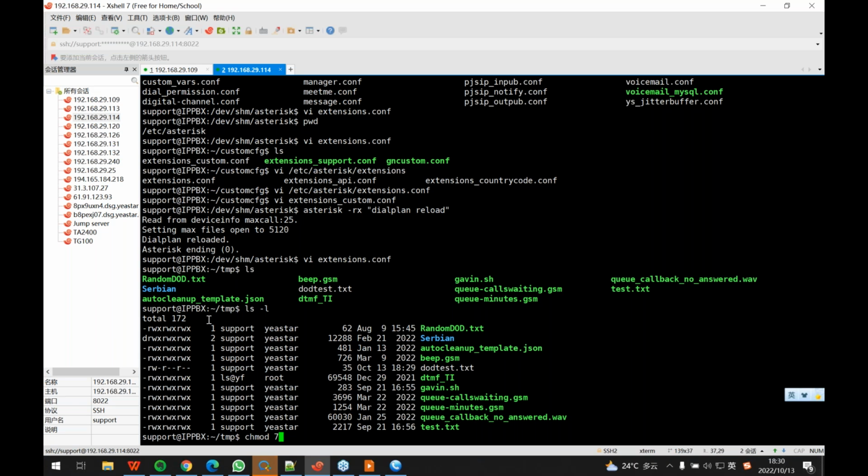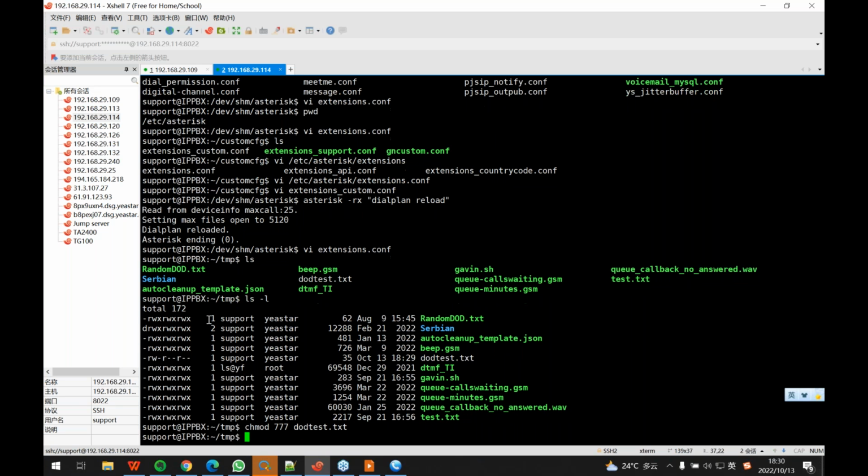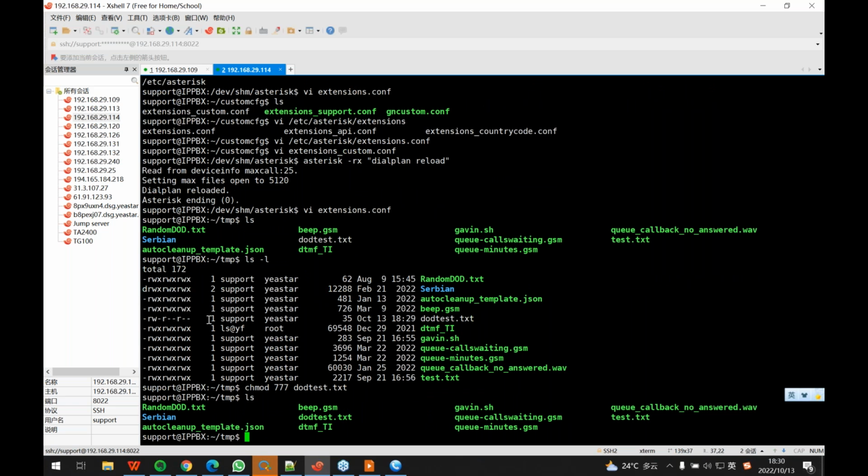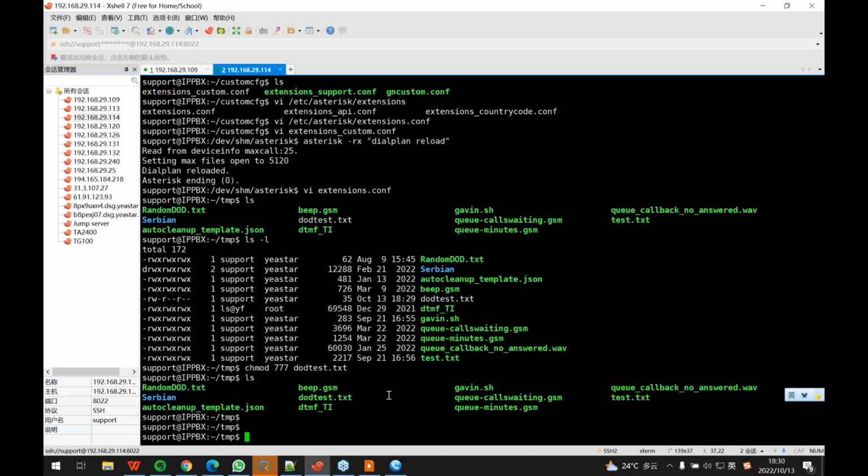We change mode to the full permission for this DOD test. Okay, you can see the color has been changed, right? So this is the first step. We just create a .txt format file and put all the DOD you want. And then we go to the Dialplan